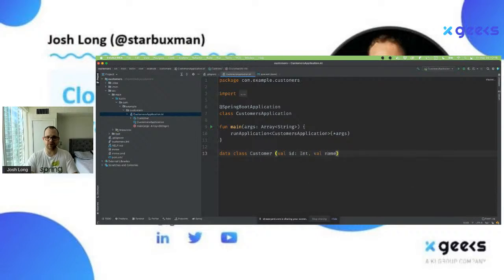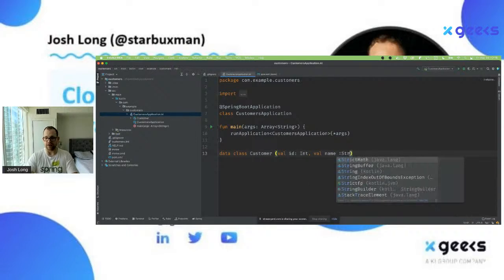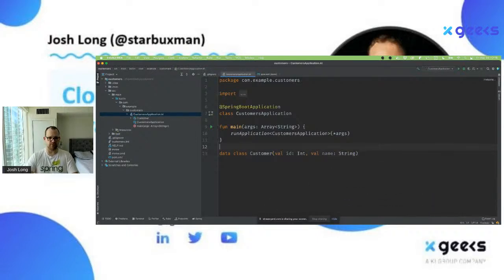I'm going to describe this using a record. This is kind of like a Java 15 record, right? And a record is a class that has a constructor and it has a read-only field. This is a val, not a var. So var is mutable, val is immutable. And then I want to create a Spring Data repository, right? So I need to annotate this with @Id, so it knows that this is the primary key. And I need to create a repository, customer repository.